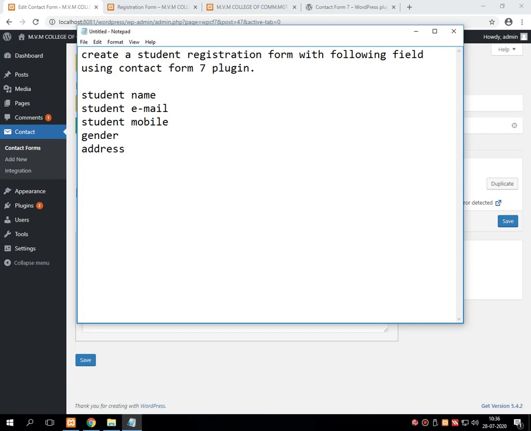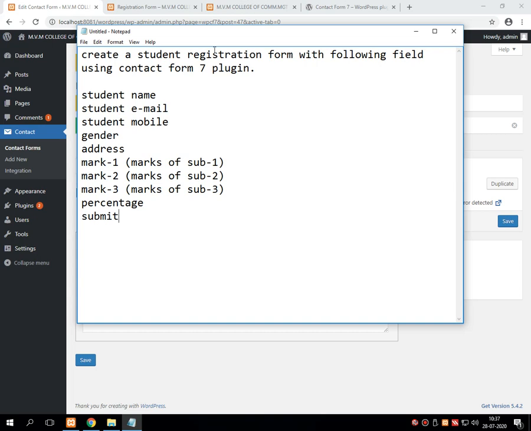Address, then mark 1, that is the marks of subject 1, then mark 2, that is the mark of subject 2, mark 3, that is the marks of subject number 3, then percentage, and last there is a submit button.